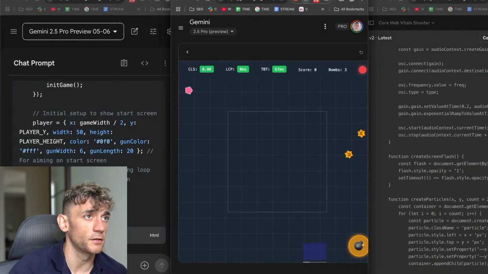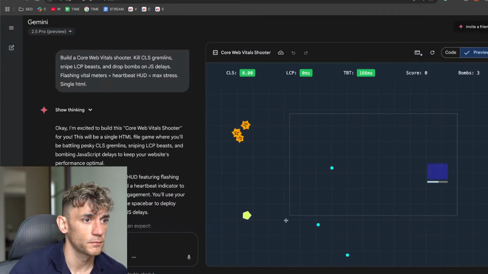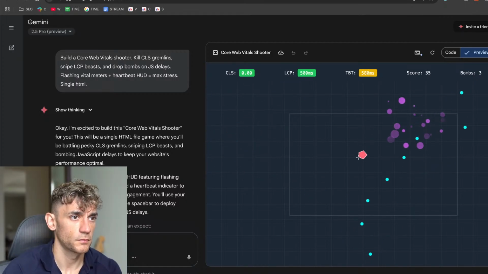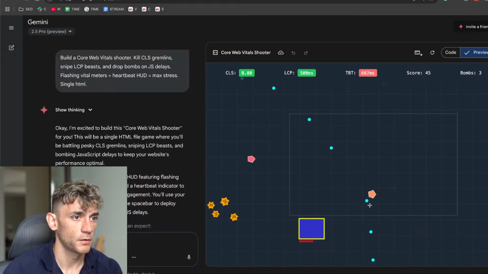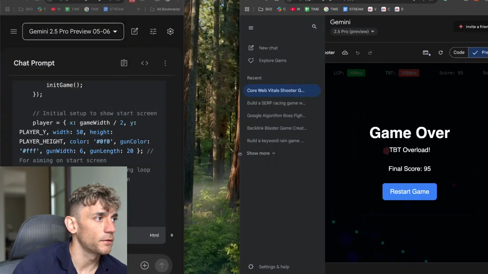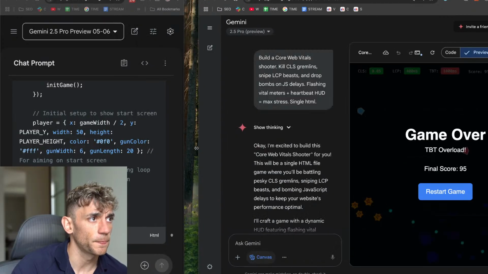Now we've got Gemini's over here, so let's see what we get back. I can't see the main character at the bottom. But not bad. I'm still going to go with Claude 4 Sonnet. I think it was way more interesting.